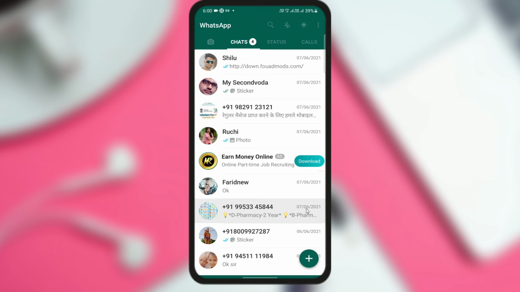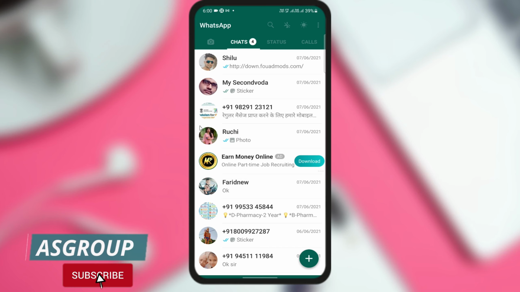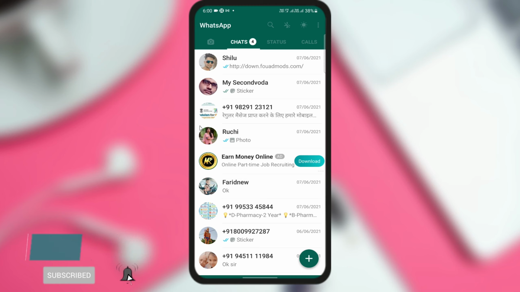Let me tell you one thing. Security patches always update. No matter that sometimes features are not updated and there is no additional feature, security patches are always updated, and that is why your conversations are more secure if you regularly update your GB WhatsApp. The best thing is that now we have the latest security patch level of 7th June 2021 if you update this application to 16.10.0.